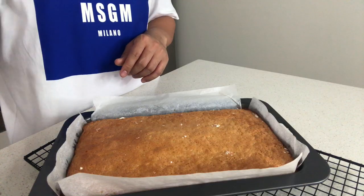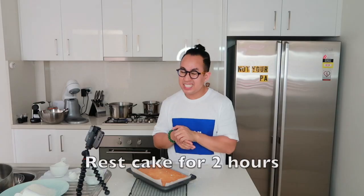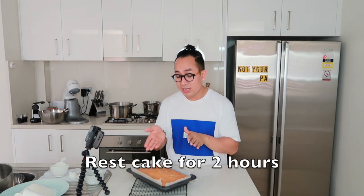It's been 25 minutes and our cake looks cooked. It looks good on the outside. We're just going to let her rest for at least a couple of hours, I think, before we actually start slicing it. While we are waiting for our cake to cool down, we are going to be making a chocolate